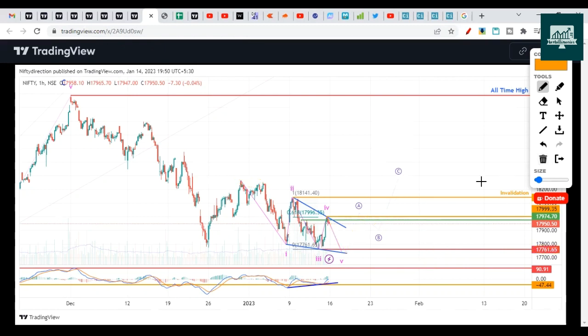So this chart assumes one more thing, that it should not open gap up next day, and it should not sustain above 18,000. Okay, so 18,000 should act as a major resistance. In the last 1 hour we saw selling here, and this is also the 0.6 Fibonacci. So there are multiple reasons for us to go short here.